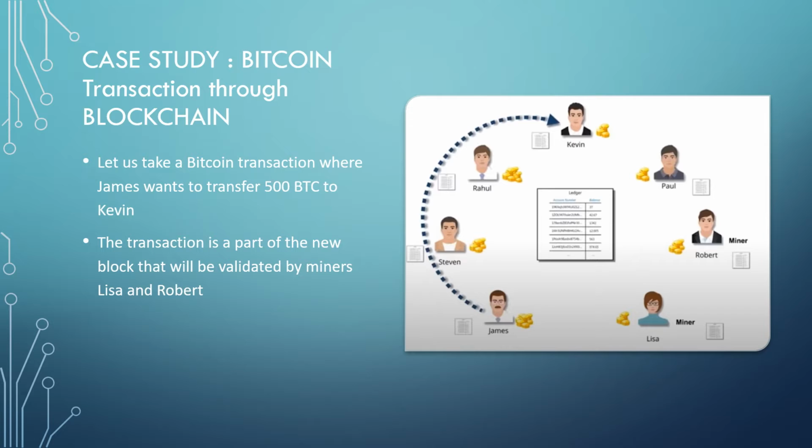And this in turn resolves the problem of double spending, because if you remember, I mentioned in the previous slides that double spending is also a problem which is being addressed by blockchain. This is how it is addressed: if two transactions take place simultaneously, the first transaction will be validated by the miners based on the transaction history, the debit and credit history. It will be added to the blockchain. Then the second request will be catered to, and since the amount has been deducted, it will not be processed, and this second request will be rejected.